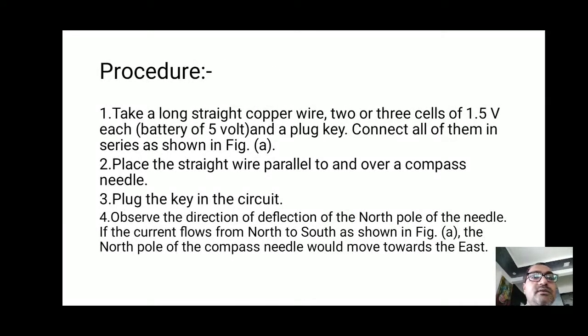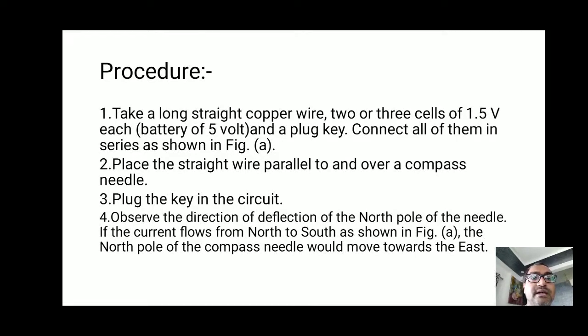Then next, you can draw the diagram or you can write the procedure first. Here I will first tell you how to do this activity, then I will show you the diagram of this activity. Here two diagrams are there. I already told you that in certain activities there will be only one diagram, and in certain activities two diagrams are there. So based on the aim of the activity, you have to draw the diagram. I will continue with the procedure. So, first step, how to perform this activity.